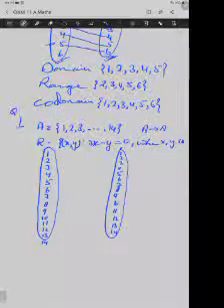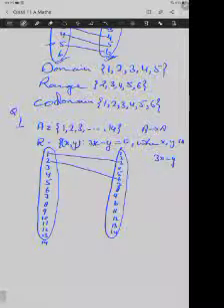Now see, it is given 3x minus y, or taking y on the other side, 3x equals y. So 3 times 1 must be equal to y. So 3 times 1 will be 3, 3 times 2 will be 6, 3 times 3 will be 9, 3 times 4 will be 12. 3 times 5 will be 15, and 15 is not in this.